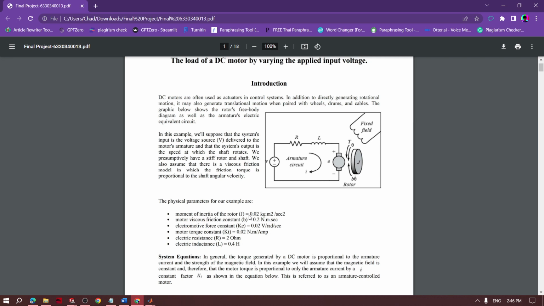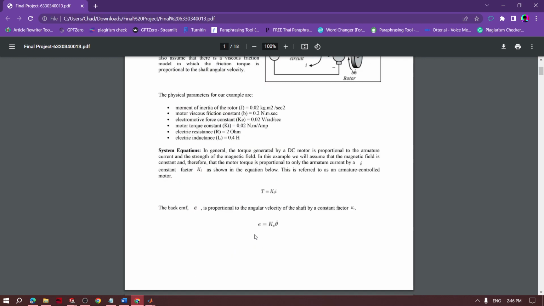J is 0.02, B is 0.2, KE is 0.02, KT is 0.02, R is 2 ohm, and L is 0.4 H. So the system equation is a DC motor